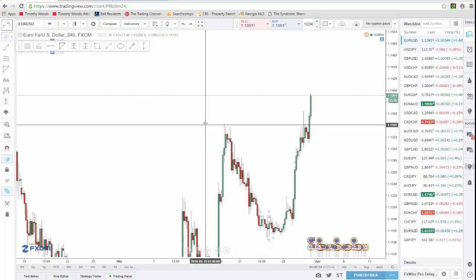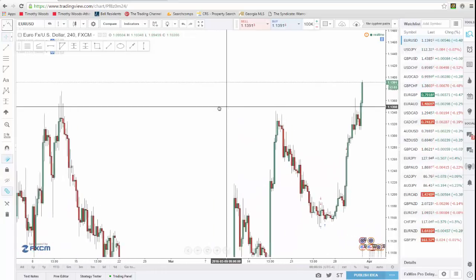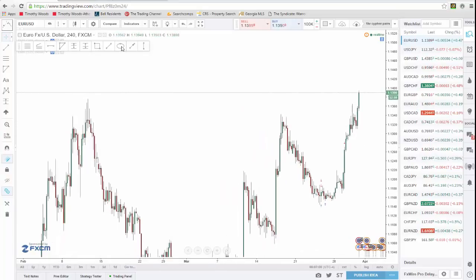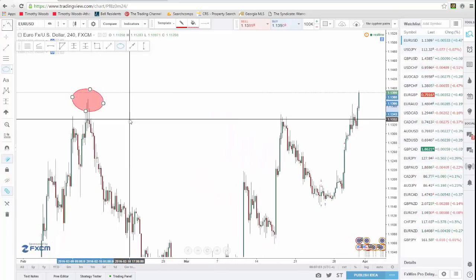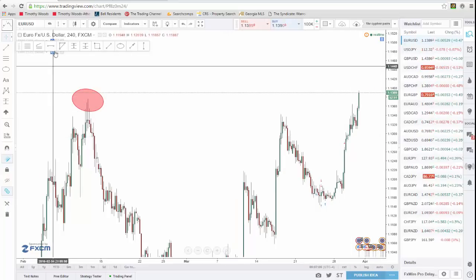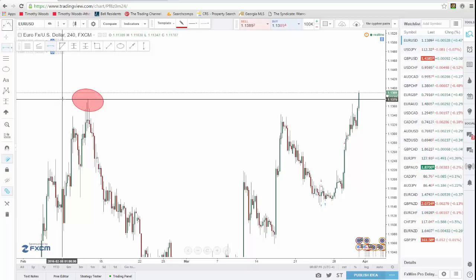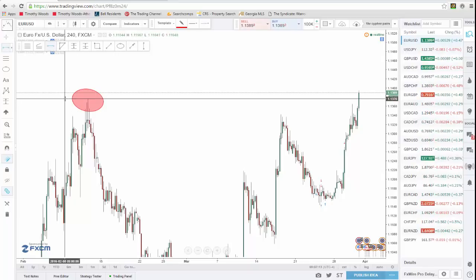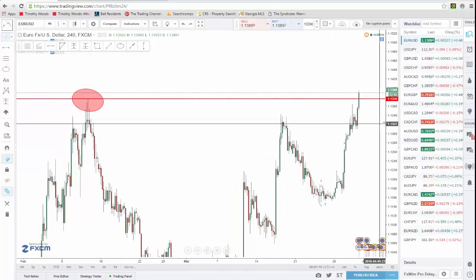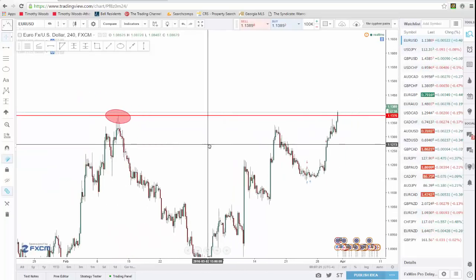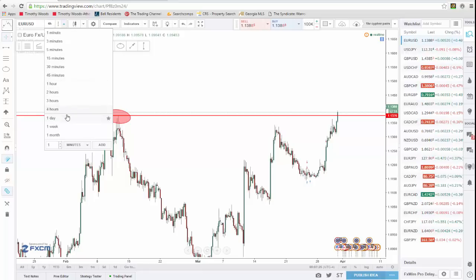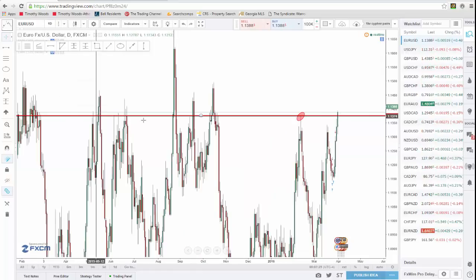As you can see on the 4-hour chart, we have also broken structure here. I do notice though that right back here, this little level is something we need to stay above by the close of this candle. In the next 52 minutes we need to be above this for me to be interested in a long opportunity on the euro. So as long as we can close above this on the 4-hour chart, then I'm still interested in a long opportunity. Alright, let's take it out to the daily to see where we could actually go if we do close above that high on the 4-hour.